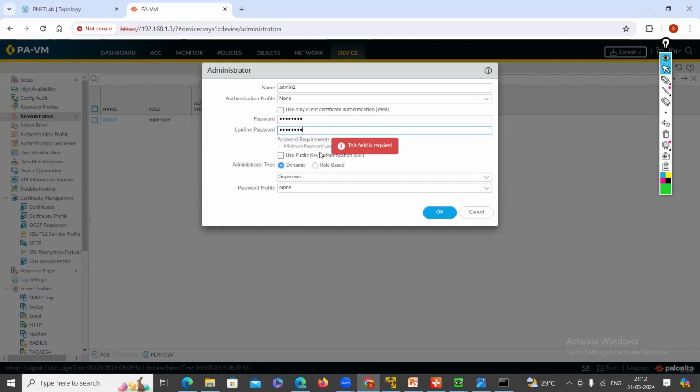confirm password. Okay, and then administrator type. You can see, I told you, right? You can create an administrator user account in two ways. One is a dynamic method, another one is role based. I just want to go with the dynamic method as of now. Role based we'll do in a live session, right? And you can see as soon as I click dynamic method, it chooses super user. And let me explore other